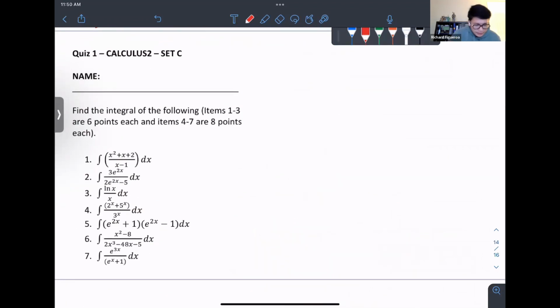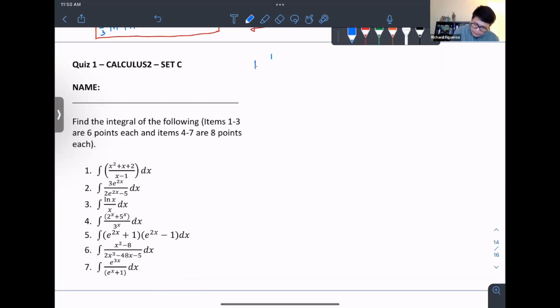So let me answer set C. Okay, so quiz 1. But this time, I'm not going to use the substitution approach anymore. Again, if you want to do it by substitution method, then do so, but it takes time. So I'm going to answer this one directly. Okay, so for the first one,